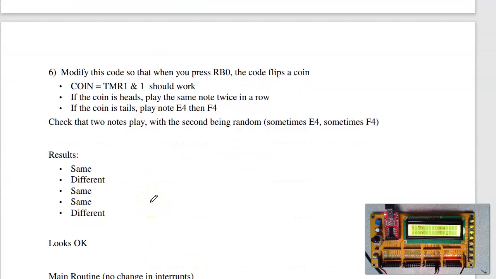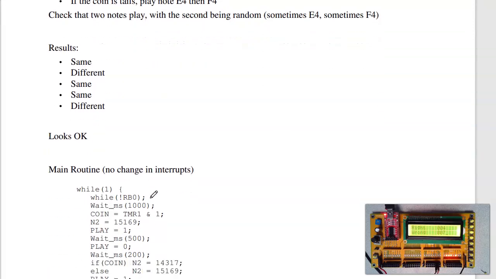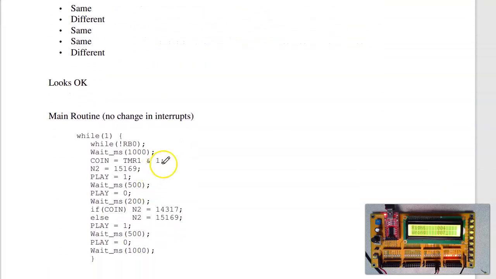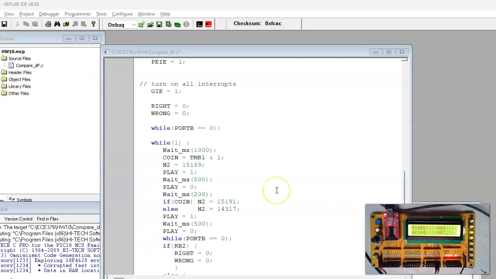Once you get that to work, rather than having it play the 2 notes always different, do a coin toss. One way to do a coin toss is use timer 1. So every time I run it, I'll look at the time that I hit the button, mod 2. This is either going to be true or false. If it's true, I'll play different notes. False, I'll play the same note twice. So modify the code, compile it,